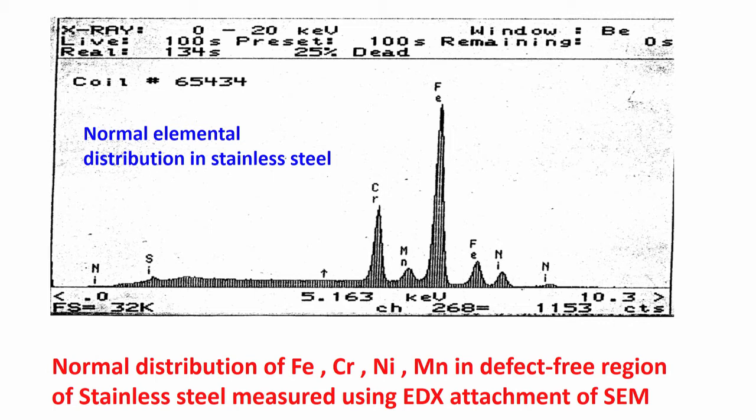All those elements are giving individual X-ray peaks, and you will find the iron peak present only at a particular energy level. The x axis is the energy level. So, iron you will find at a specific energy level, chromium you will find at a specific energy level. You find two peaks of iron: one is the K alpha peak which is quite strong, and another, a small peak of iron, which is K beta.